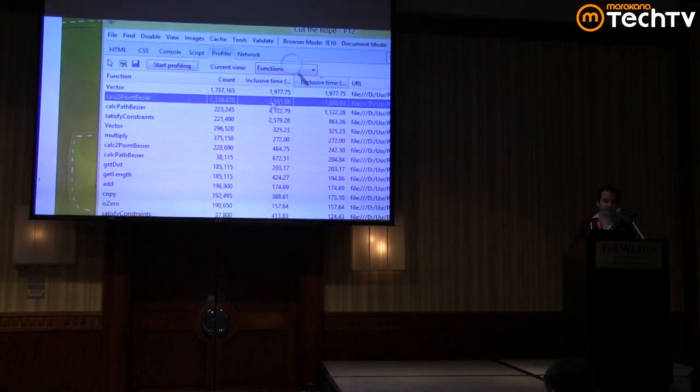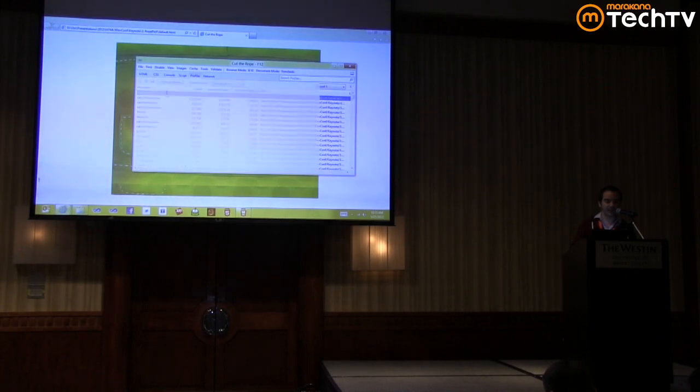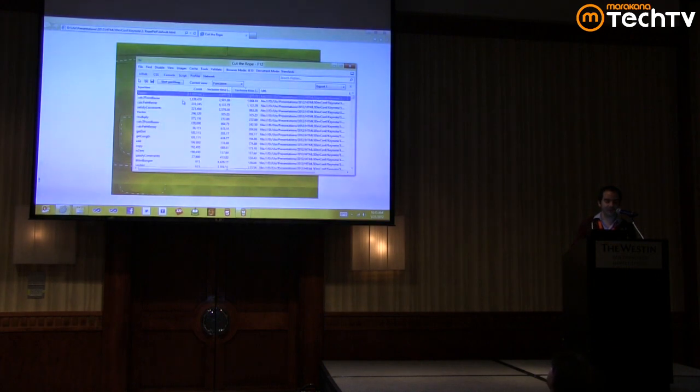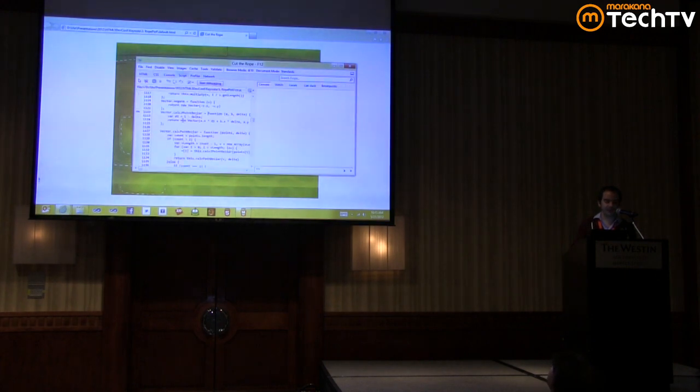Let's try to understand why it's spending so much time. If we go inside vector, it's just a vector function. What's wrong with this? But if we go inside, this is what's wrong: new vector. Calc point Bezier is the function that calculates the position of all of those little triangles.